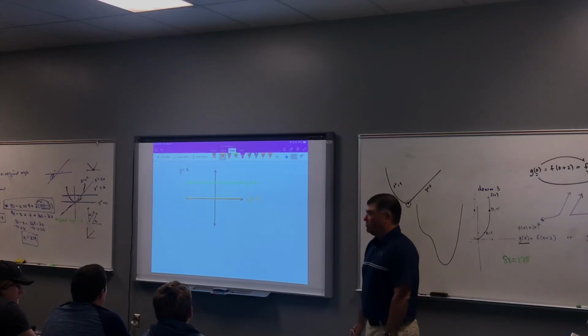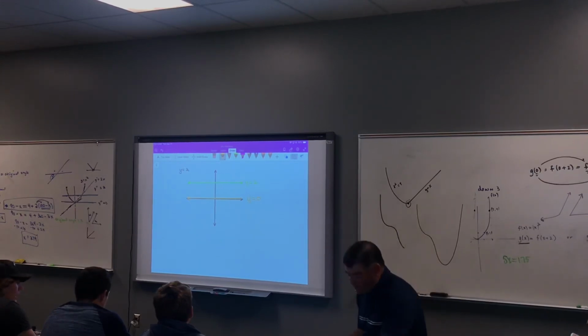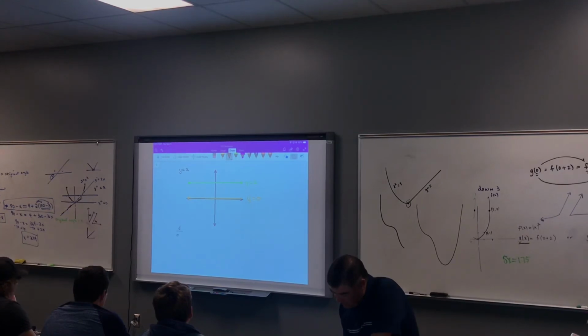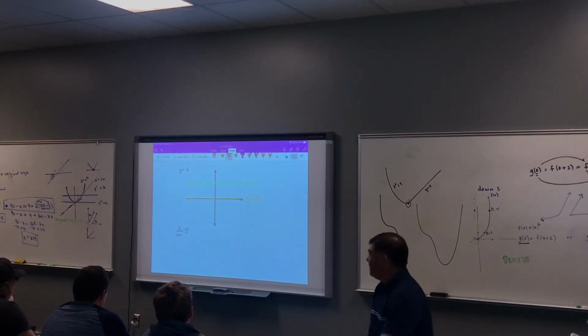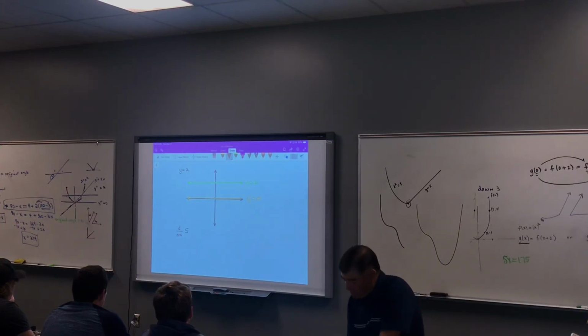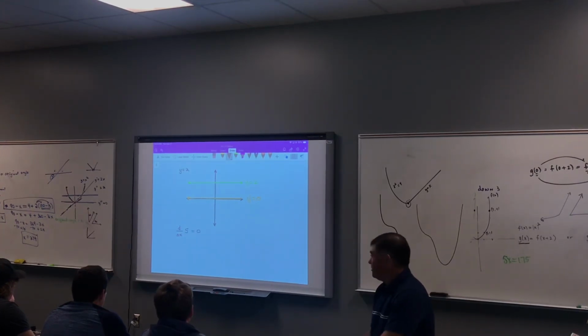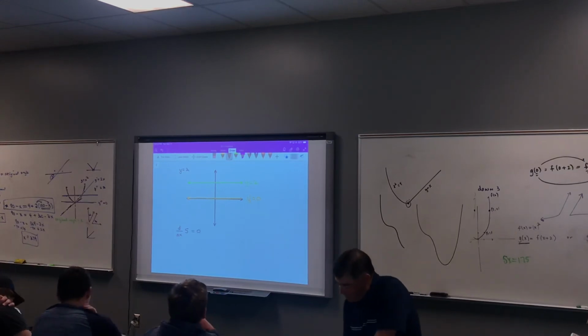The derivative of any constant is 0. Which means, and I'll do a couple of things here. So if I did d dx 5, the derivative with respect to x of 5, 0. If